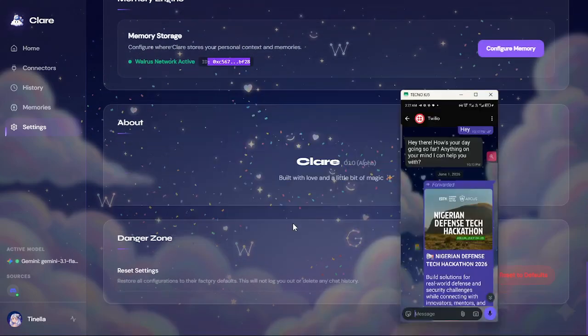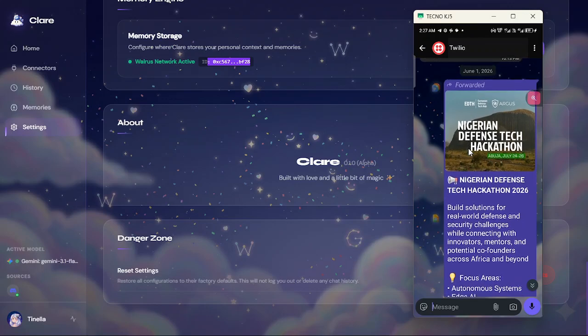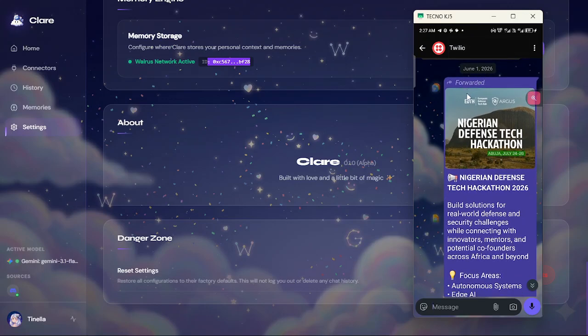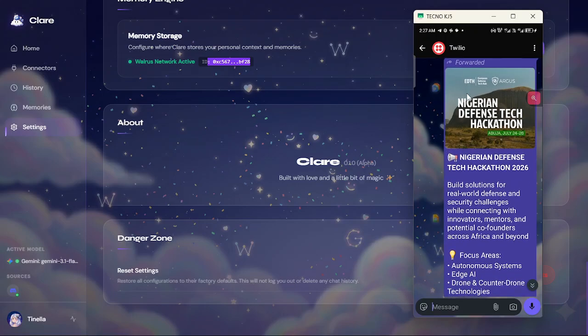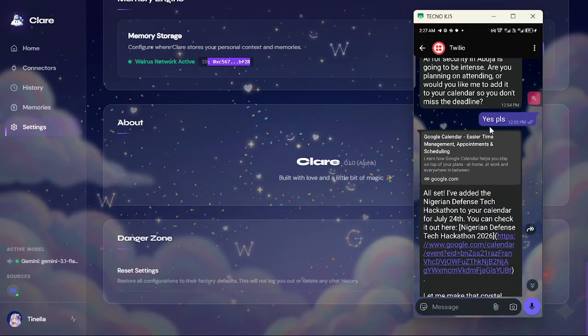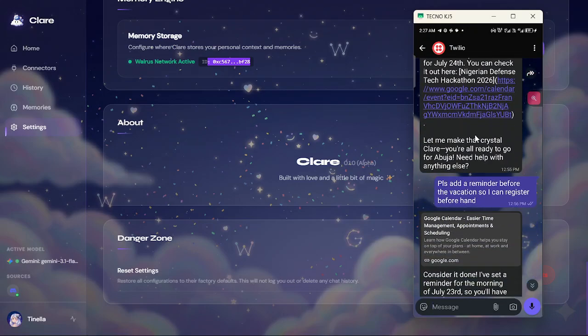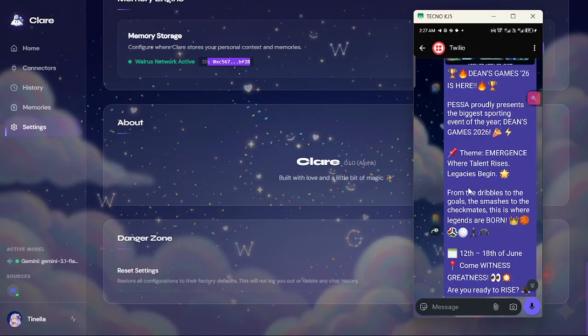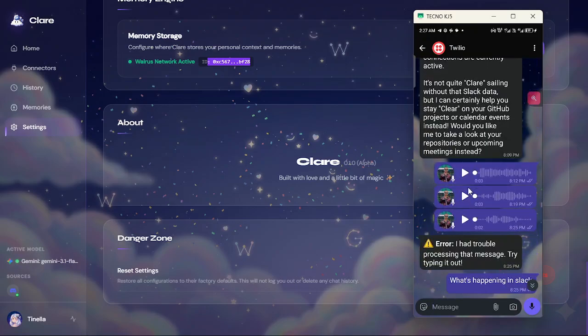Oh yeah, also she's on WhatsApp. For example, here, ignore this. This is like the sandbox thing. This is how we make WhatsApp bots programmatic. So I got this event link and I forwarded it to Claire. She processed it and she made this calendar event, which she remembers, by the way. I think a few times down, she did remember.